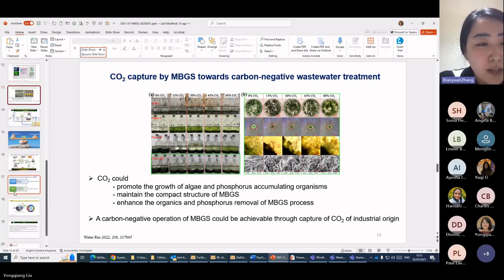Moreover, we have done some experiments. We all know that microalgae can capture carbon dioxide, and we want to see the effect of carbon dioxide for the ABGS processes. Our results show that the ABGS can capture carbon dioxide for carbon negative municipal wastewater treatment, and the carbon dioxide could promote the growth of algae and the